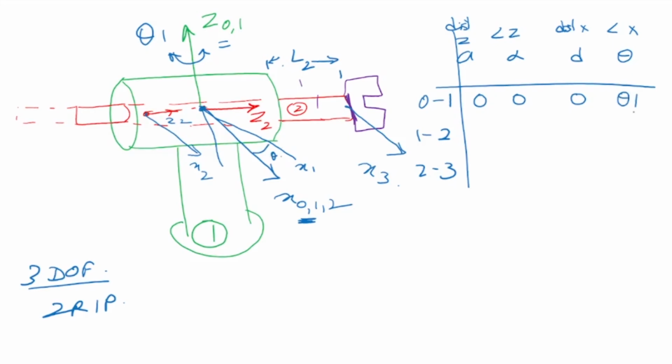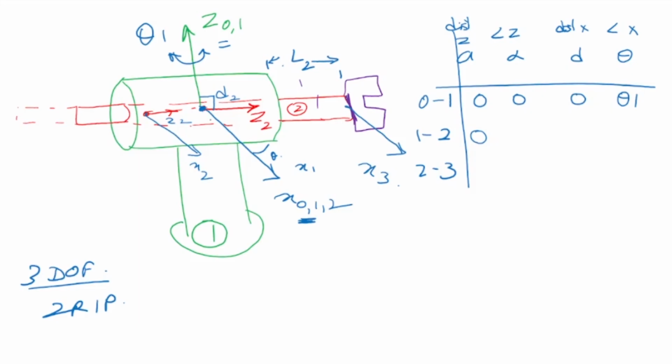Next, let's look at frame 2 and 1. So when frame 2 moves, what happens? It can go towards the left side or the right side of the 0 frame. It can go on the right or the left because it's a prismatic joint, and the variable we say is d2. So what is the distance between the z-axes? Now z1 and z2 are intersecting, so there is no distance between them. What about the angle between them? Now we see that z2 is on this side and z1 is pointing upward, whereas z2 is horizontal, so there is a 90-degree angle there.